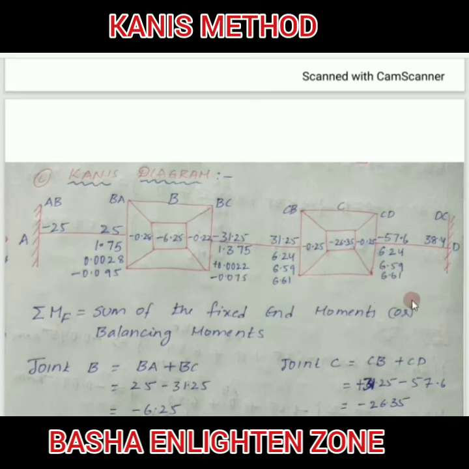So like that you can repeat the trials. You will get one doubt: for how many trials do we have to continue this procedure? Friends, you will see here, in the first step I get 1.75, 0.028, minus 0.095. Similarly here also. In this step you will observe 6.24, 6.59. So there will be more variation in the decimals, 6.24 to 6.59. In the next step you will observe 6.59 to 6.61. So there will be a little gap, and the values will be very near.